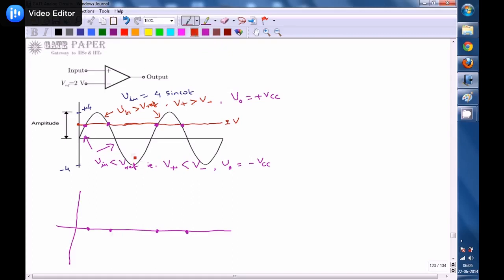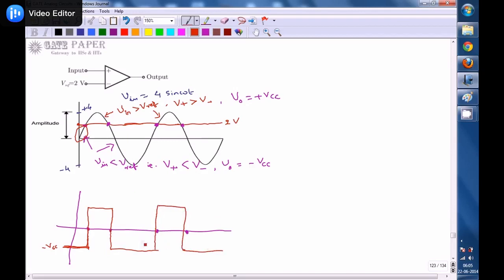So during this portion, the input signal is going to be less than the reference voltage, so it will be at minus VCC. The signal is going to be at minus VCC till that point. So it is going to be treated as minus VCC, and whenever this point is reached and above that, V input dominates till this second point. So till this second point it will be at plus VCC. So this is what you are going to get, plus VCC, and after that again it is going towards minus VCC as the voltage at the inverting terminal is dominating. Again at this point it goes in this way.